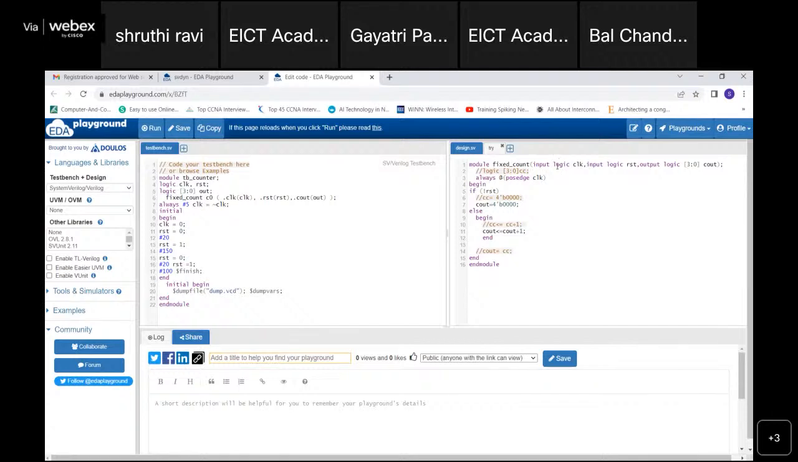So irrespective of whether it is a wire or a reg. We have taken clock and reset as the input, and 3 down to 0 for C out. That is, we have taken it to be counting from 0 to 15, so 4 bits. So this is the regular clock, regular counter program. Since the range has been defined, we are going to call it the fixed count